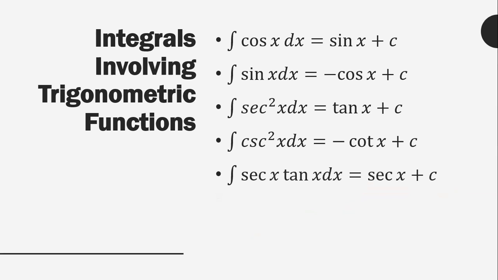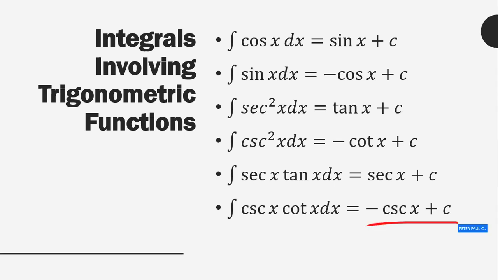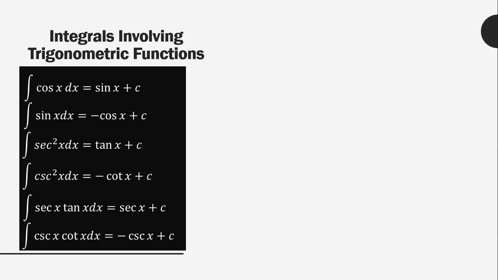And of course, our favorite function, when we get the derivative of secant, it's a secant, right? This is what I always tell you. So it's a secant x tangent x. Conversely, when we get the integral of secant x tangent x dx, then the antiderivative is secant x plus c. In the same way, when we get the integral of cosecant x cotangent x dx, the answer will be negative cosecant x plus c. So using all of these 6 formulas, let us apply these basic integration rules involving trigonometric functions.